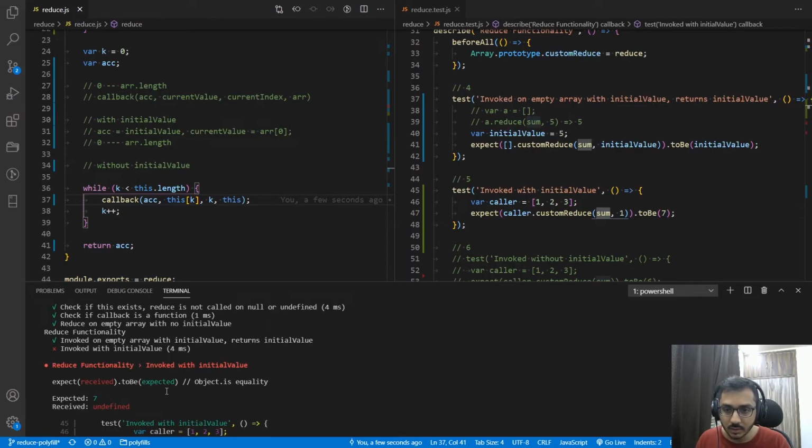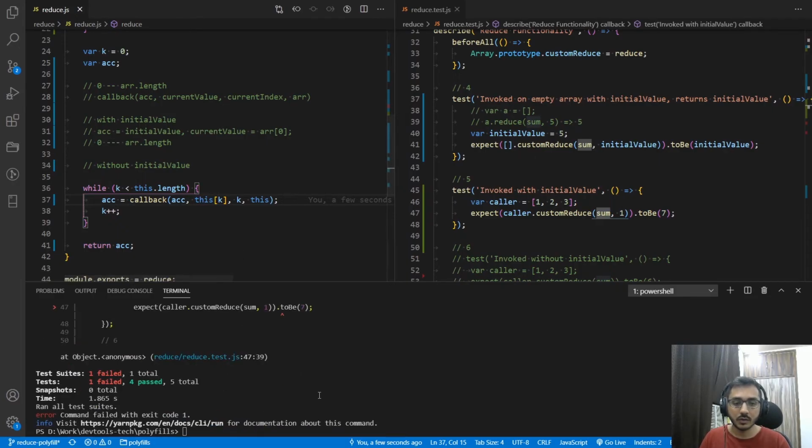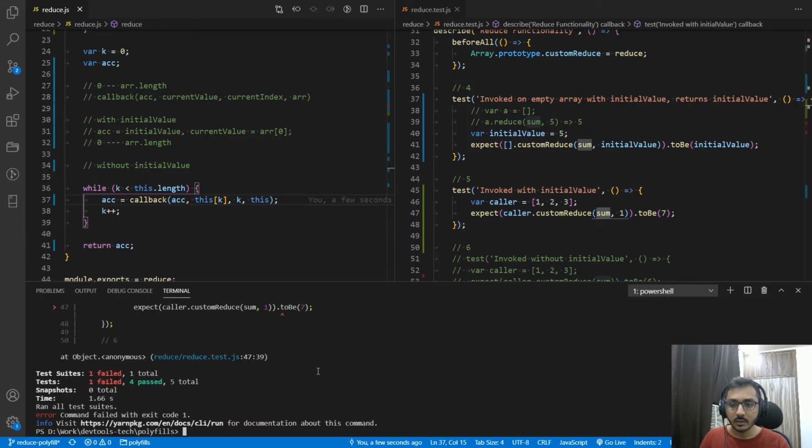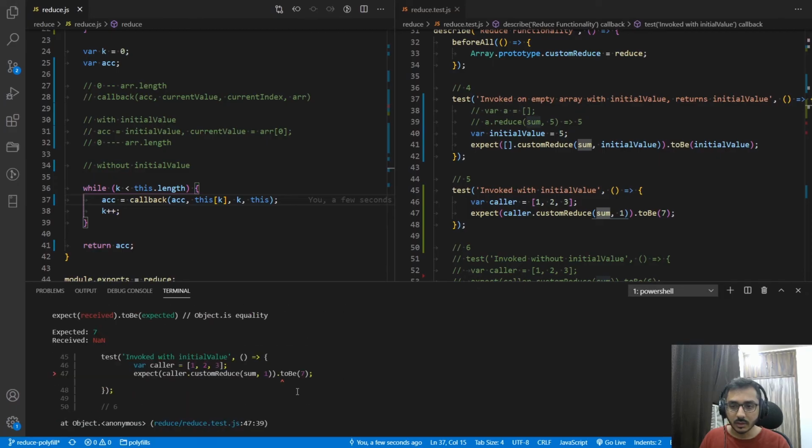Let's see, invoked with value, it gets undefined. Now let's see why it's failing, because we are calling the callback but we are not capturing the result. The accumulator should be assigned, that's why it's named accumulator, it accumulates, it gets overwritten. So now if we call it, okay, we are again failing.